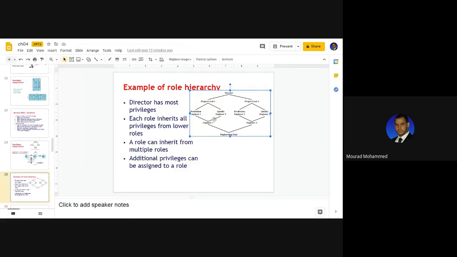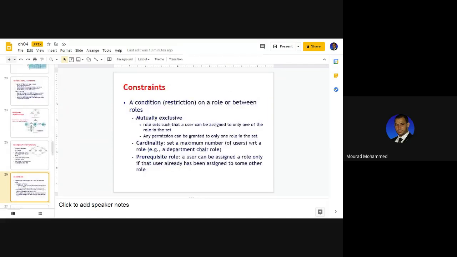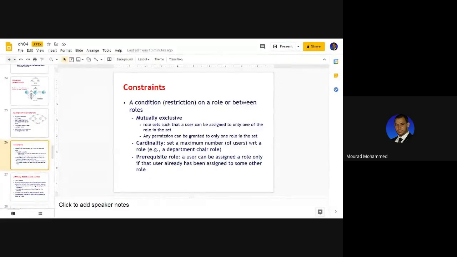In between, we have different managerial departments, via which we may draw the roles accordingly. Level 3, level 0, and so on.